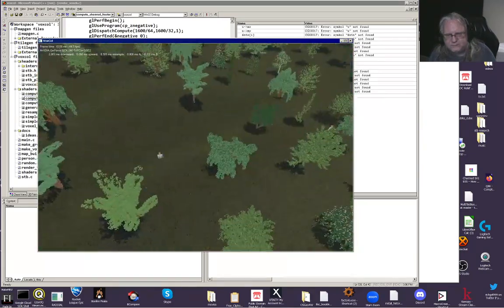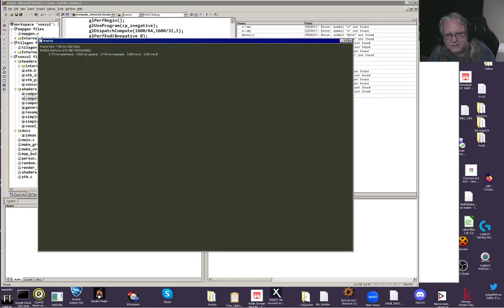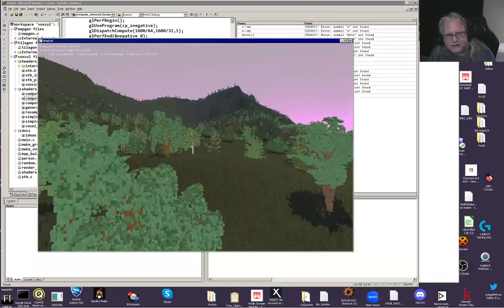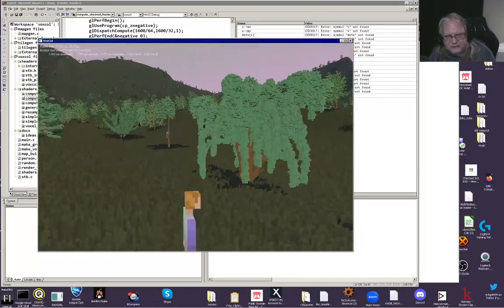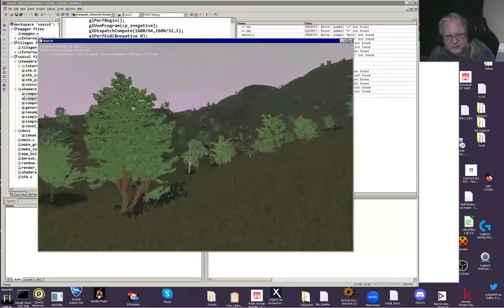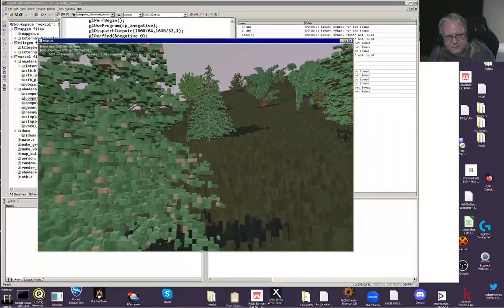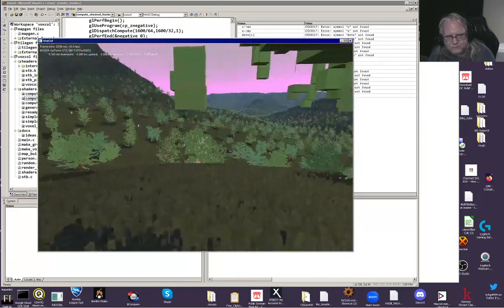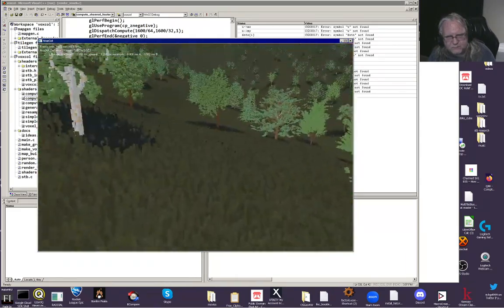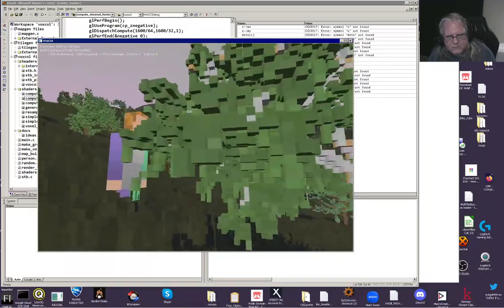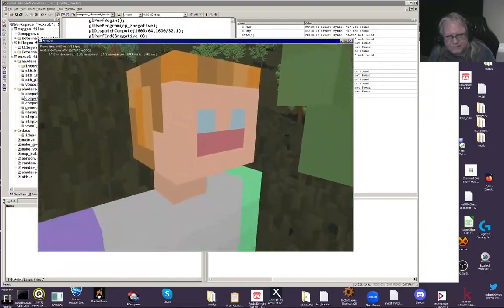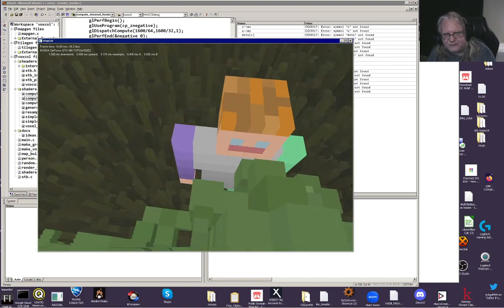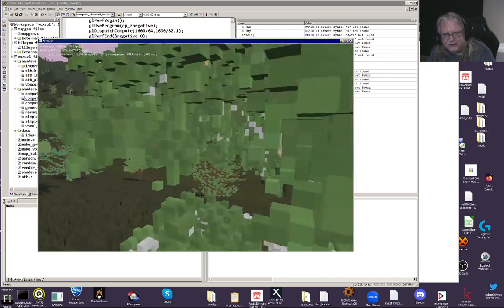Okay, there we go. See if we can find somebody. Is there a guy with his head near a tree? Nope, I can't find one. No, his face voxels are still smaller than the world voxels. Anywho,